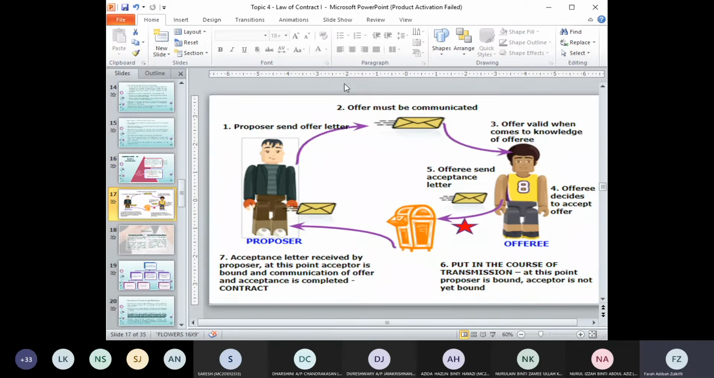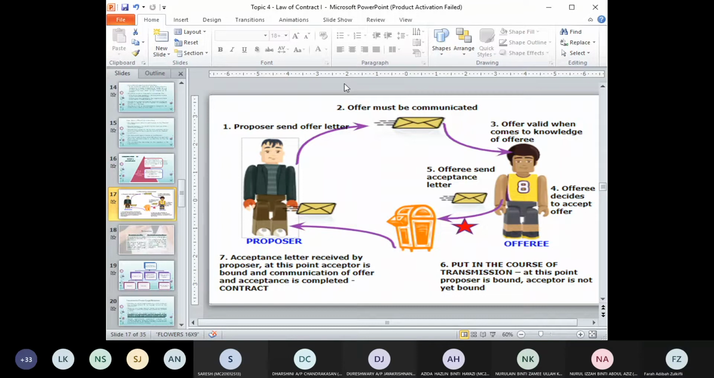A postal rule is when you send an offer to someone using a letter, the communication of the offer is only complete when the offeree receives the letter. So when you send an offer through a letter, the offer is only binding against you, and you cannot take back your offer once the other person has already received the letter. When the other person decides to accept the offer, when he sends the acceptance letter, at this time